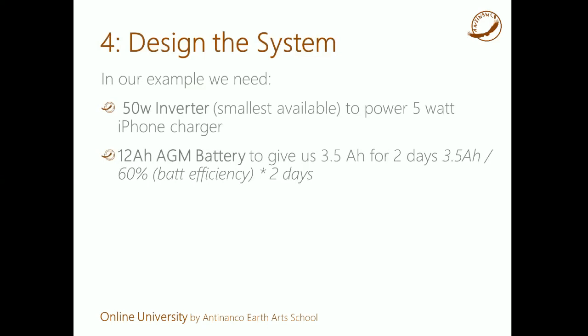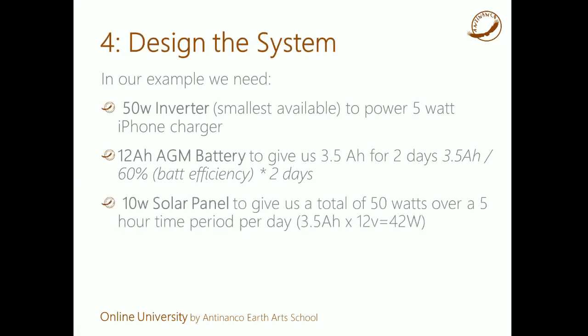We selected that we need a 12 amp hour AGM battery. AGM is the type of battery, and that states that the battery is going to be 60% efficient. So 3.5 amp hours for 2 days. We take 3.5 amp hours divided by battery efficiency and multiply by 2 days, and we end up with, I believe, 11 point something, and we round it up to 12 amp hours. If the battery you see is larger, it's okay. If it's smaller, then of course you eat into your reserve, or you may need to trim down your usage